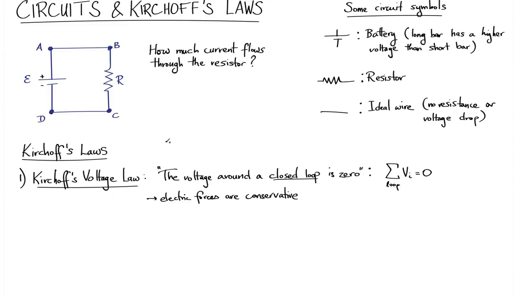If you have a charge, you do no net work if you move it in a loop. If you did do some net work, then every time you moved it around a loop, you would gain some energy. This thing would basically be a perpetual motion machine. You could get an infinite amount of energy out just by moving a charge in a loop,